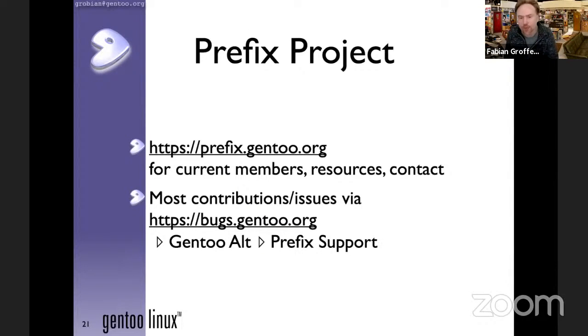So we have a website with some information about how we do it, what we do with the platforms that we have. That is nice for some reading. We have the general bug tracker, which is the best way to report issues if you find any. I will not promise that you get instant responses, but I always try to at least figure out if there is something simple to do or not, or whether we need some help.